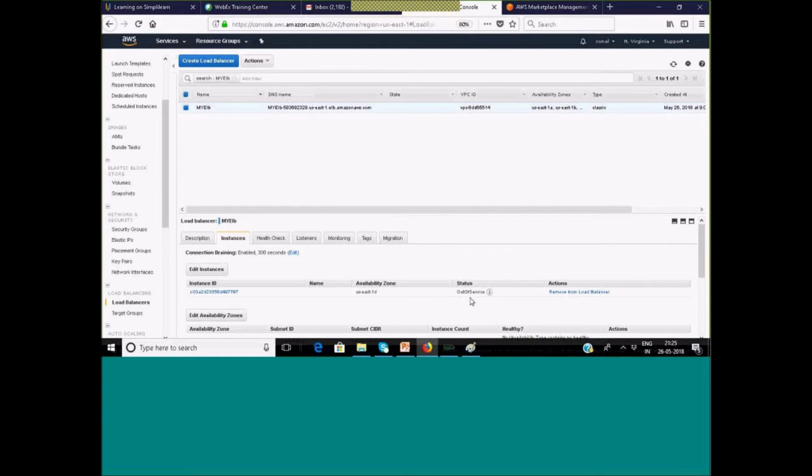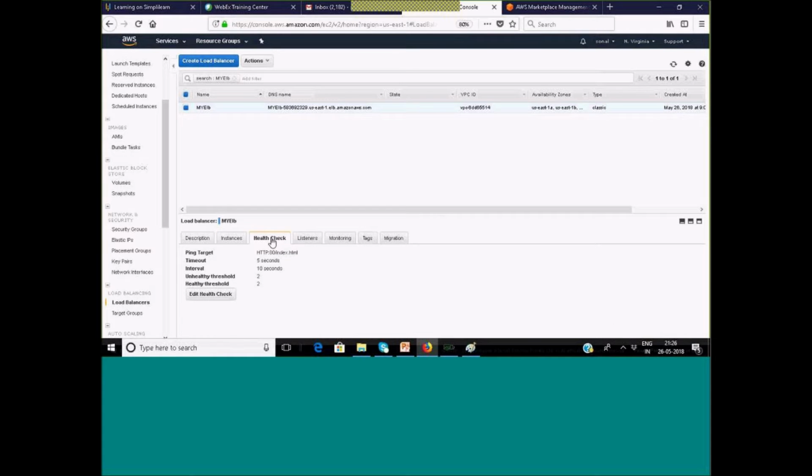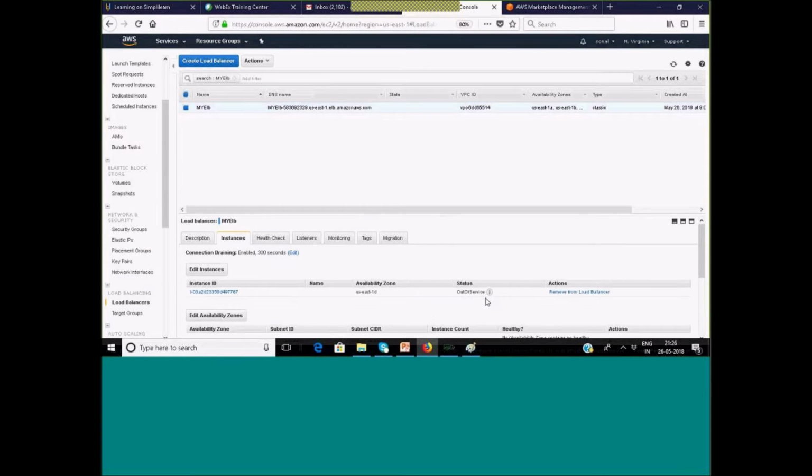Yeah, very correct, Kunal. Because the health check we defined is to reach the index.html file, right? And in this particular instance, I launched it some time back, so it doesn't have that index.html file. Because of that reason, since the health check is not done, the moment the instance comes behind an ELB, the very first thing it will do is start the health check, and once the health check is passed, only then will the instance come in service. Right now it is out of service, which means it has not passed the health check. The health check has failed.